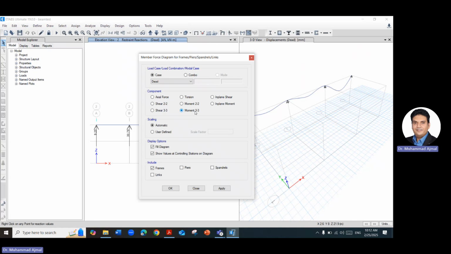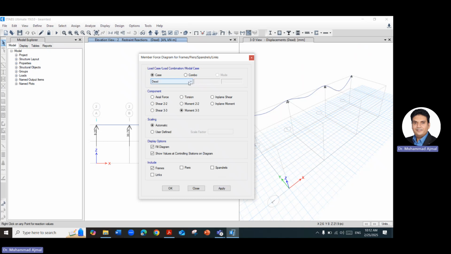buildings one beam is coming from this direction, another beam is here, and then you have a column. So what this beam is trying to do, it is trying to bend in this direction. This beam is bending, so you have two moments transferred to the column, so you have to see both values. Okay, now I will go with M3 and I will say now we need to see for which load combination